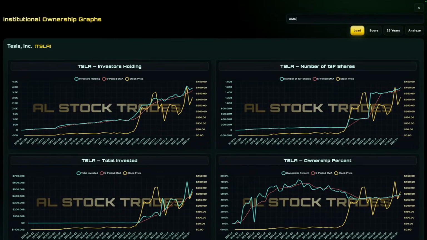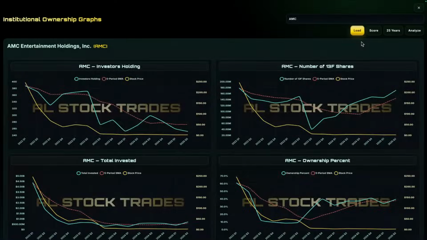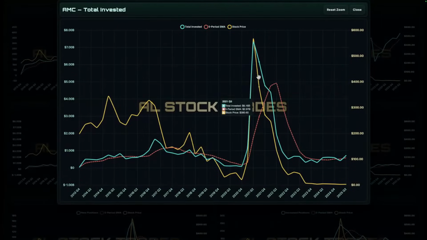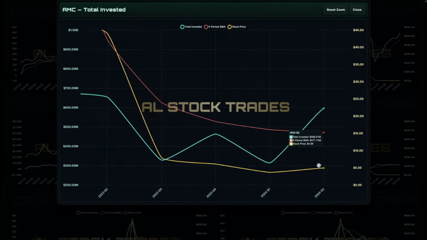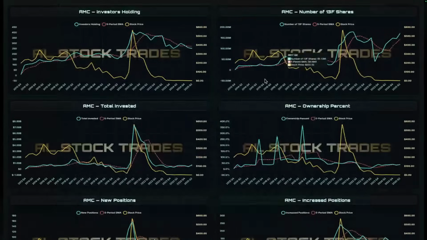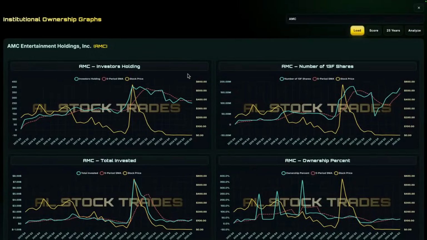Let's look at AMC. I think AMC is pretty interesting. We could look at AMC. It's funny because it squeezed. Hedge funds had to buy the stock, and the stock price collapsed, and then this collapsed as well. And now you're starting to see divergence coming in, and then who knows? AMC could be over $15 in the future. I don't know, right? All speculation, but it'd be interesting to see how this works and